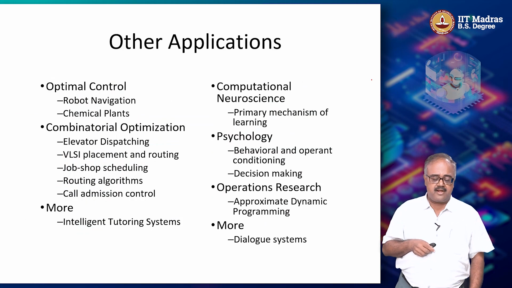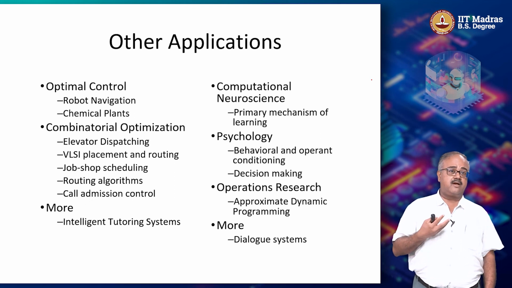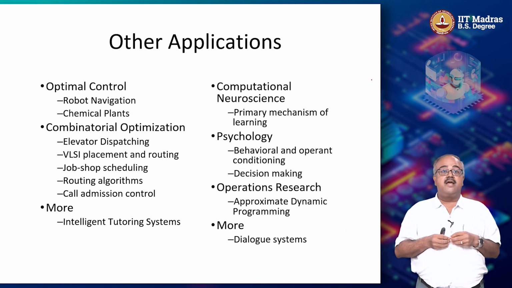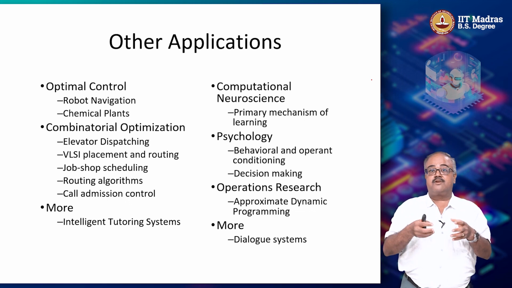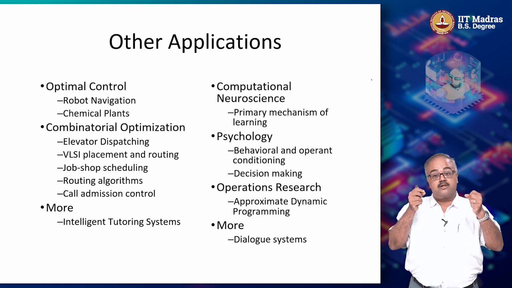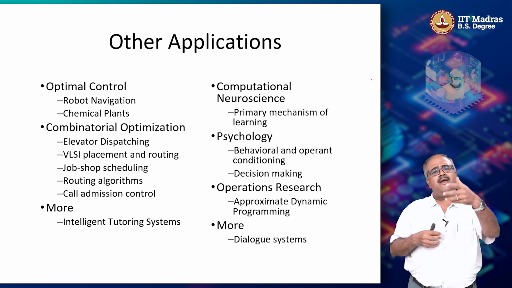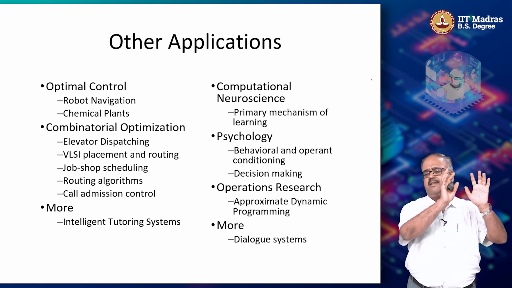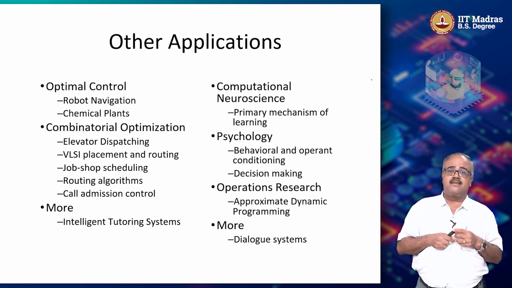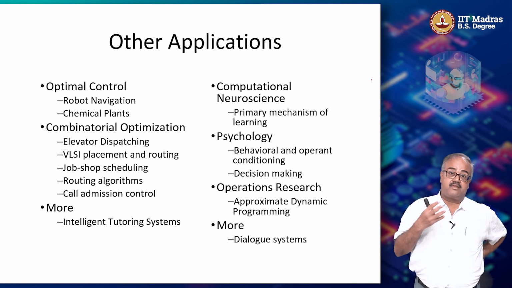Right. A whole bunch of other applications that people have used reinforcement learning on. So we already talked about optimal control, we talked about robot navigation, but people have looked at controlling chemical plants and other things. In fact, there's a very interesting application that I know of where people use reinforcement learning to control conveyor belts in an airport. Right, in a very large airport in India, most conveyor belts in the airports don't work, so let's not worry about it. But in other places where there are a lot of different conveyor belts, people have built these reinforcement learning based controllers to make sure that the packages come out in airports on a timely basis, right?